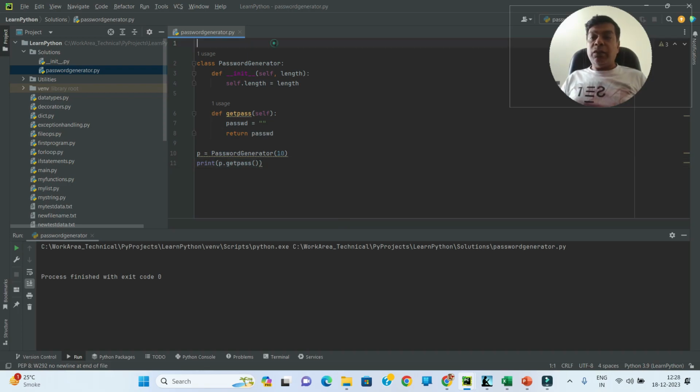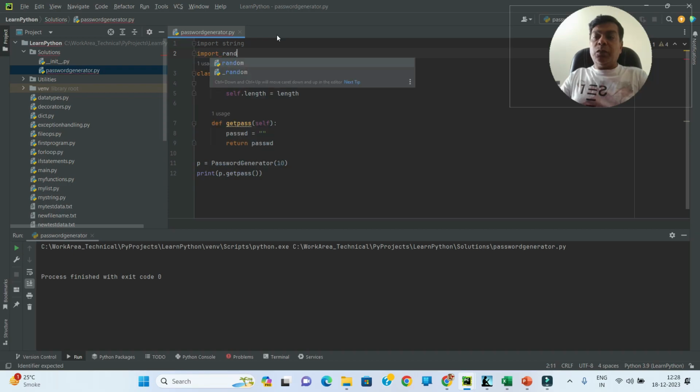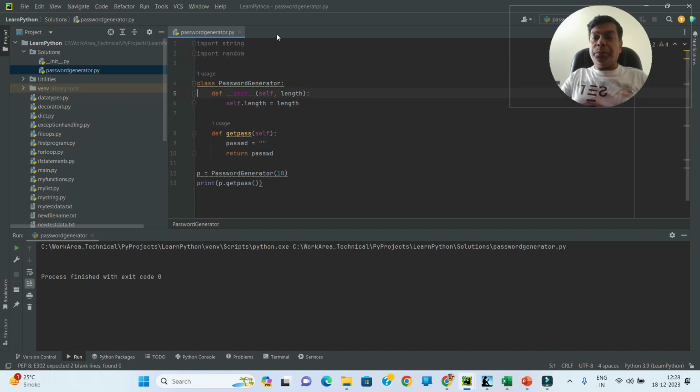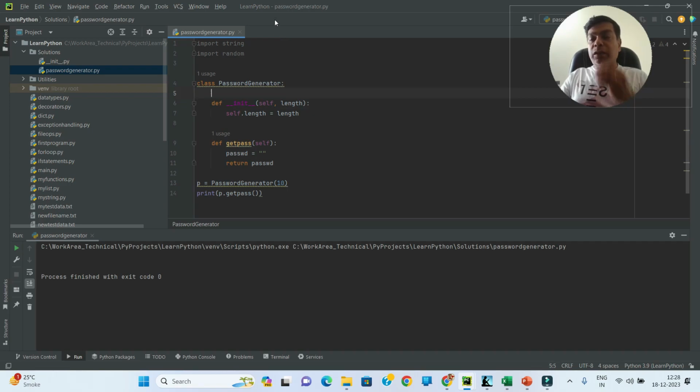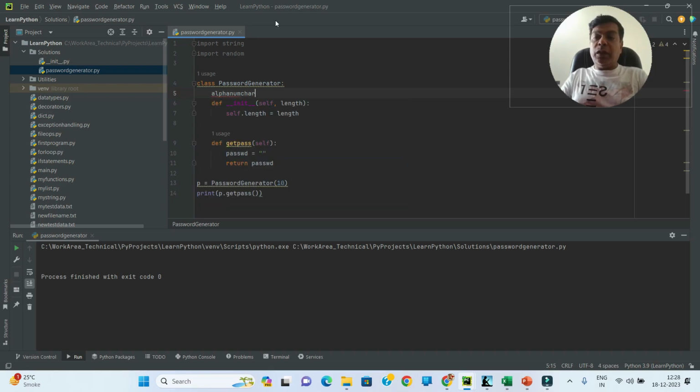So let's define our list. For that, we would need to import string. And since we want to select random characters out of that list, let's import random as well. Okay. Now let's go ahead and create our list. So I'll call my list alphanumeric characters, and x for x in string